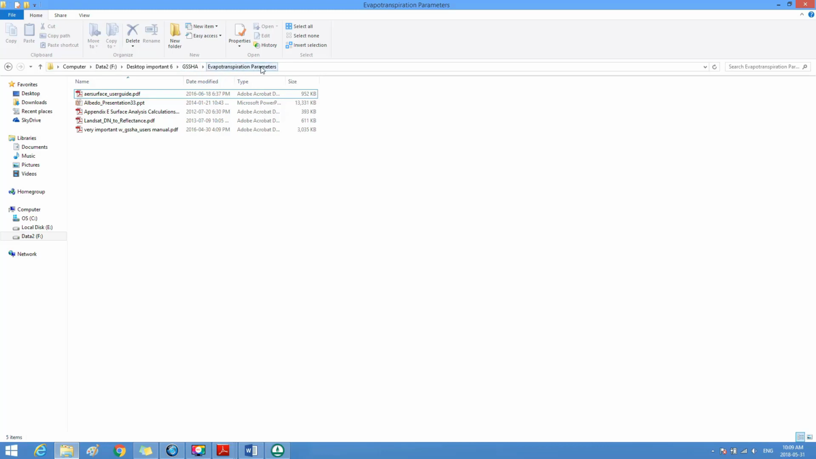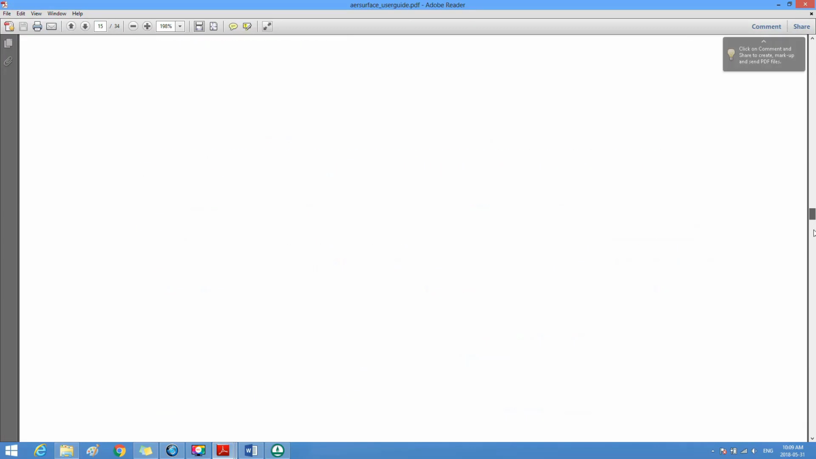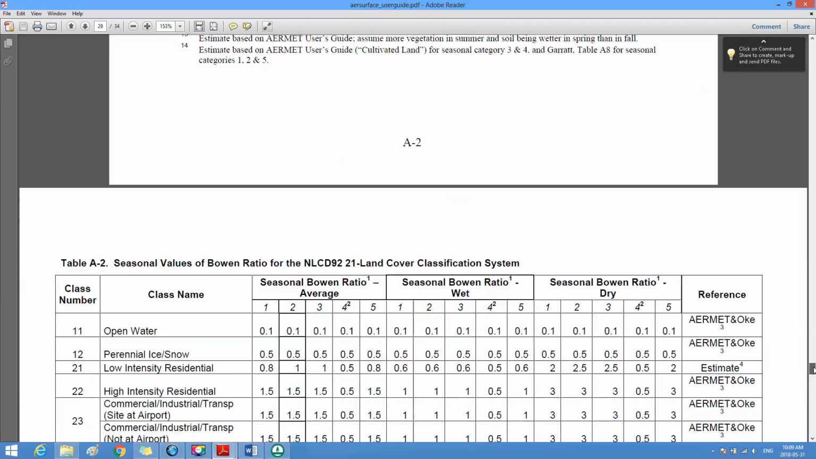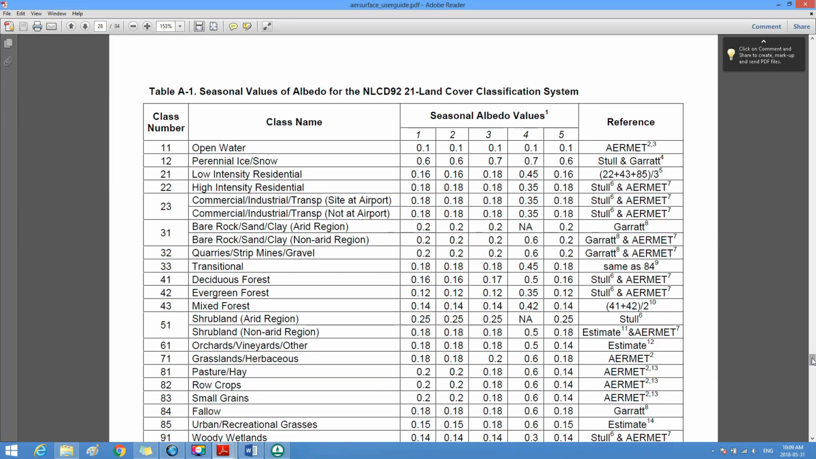Where we have the PDF file titled ISSurface-userguide.pdf, where we open this file, and in it we go to appendix page 28,